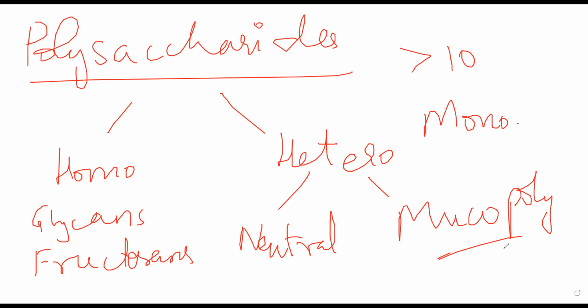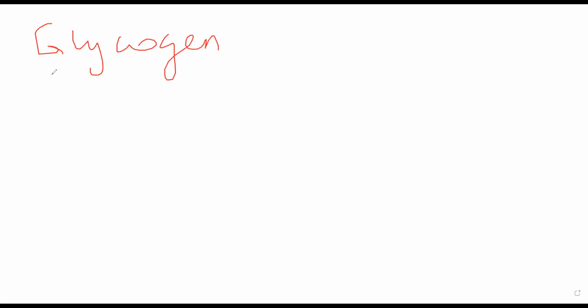First, we'll talk about homopolysaccharides. Let's talk about glycogen first. Glycogen जो है, this is called animal starch. It is present in very high concentration in liver and in muscle. Almost 7% of the net weight of the liver, उसका 7% जो है will be made up of glycogen, because liver is one of the main sources where glycogen is stored.